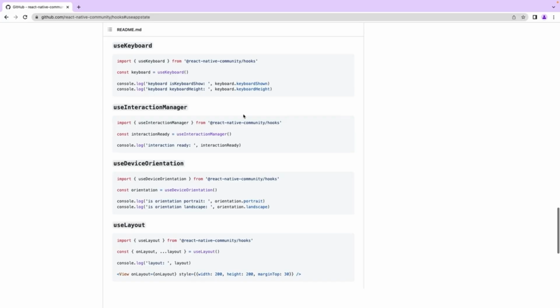And finally, one more hook to discuss is the Use Device Orientation hook. This hook tells you whether the user has their device in landscape mode or in portrait mode. This is especially useful when the user's mobile device is a tablet, and it also helps you if your app can respond to landscape versus portrait mode design considerations. Keep in mind that to be able to install this Community Hooks package, you'll need to have React Native version